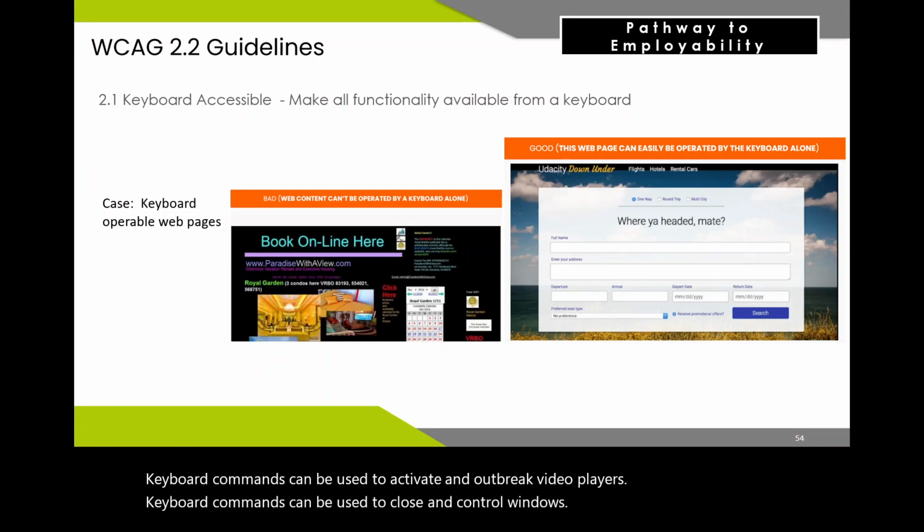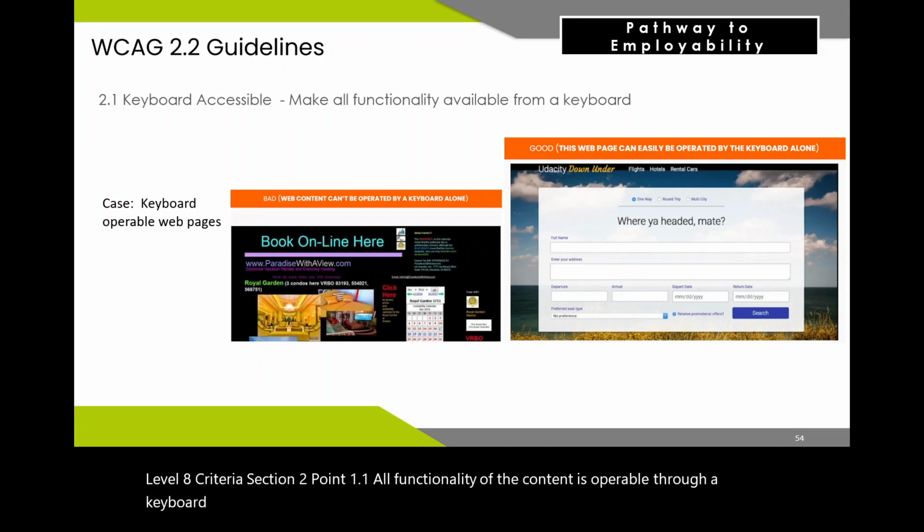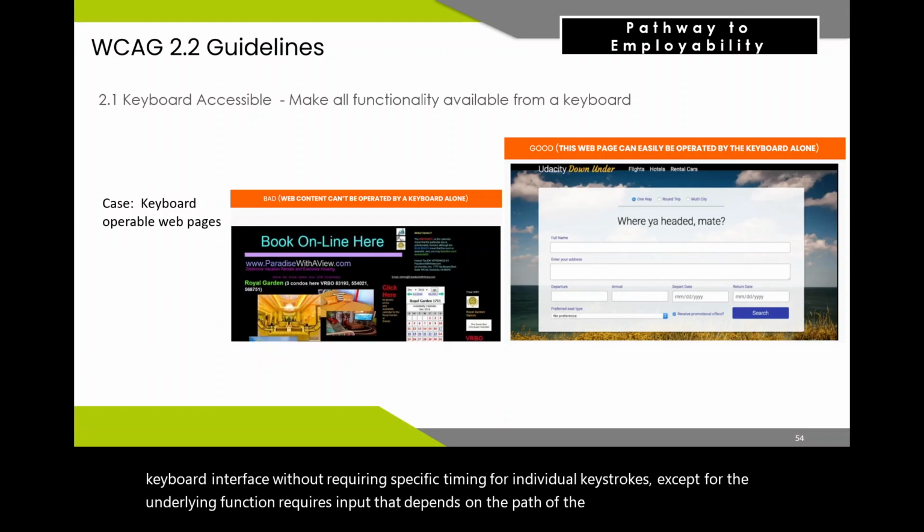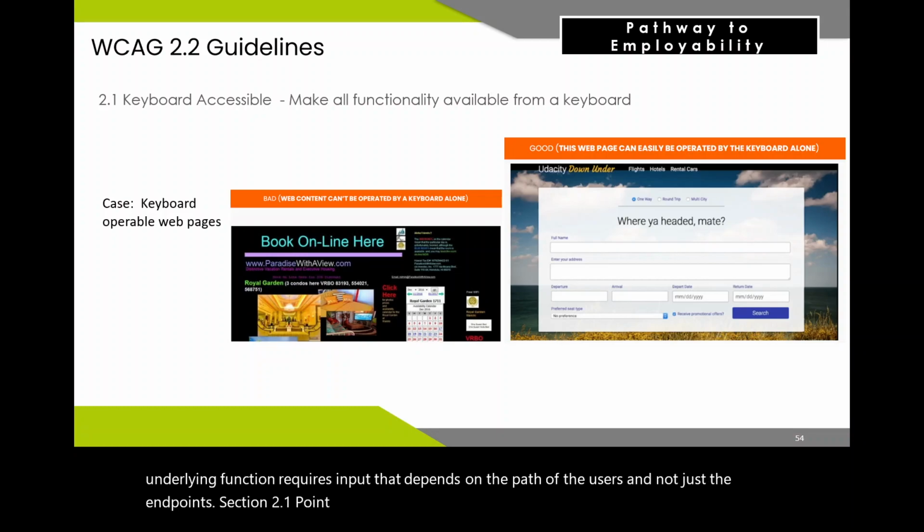Level A criteria. Section 2.1.1 All functionality of the content is operable through a keyboard interface without requiring specific timings for individual keystrokes, except where the underlying function requires input that depends on the path of the user's movement and not just the endpoints. Section 2.1.2 Ensure focus can be moved to and away from a component of the page